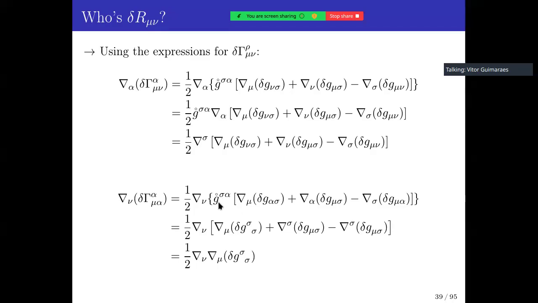We plugged this inside each of the covariant derivatives, because we can always do this since the covariant derivative of the metric is 0. So we're going to raise this index here. Here we're going to contract with the derivative index and raise it right here. And here,